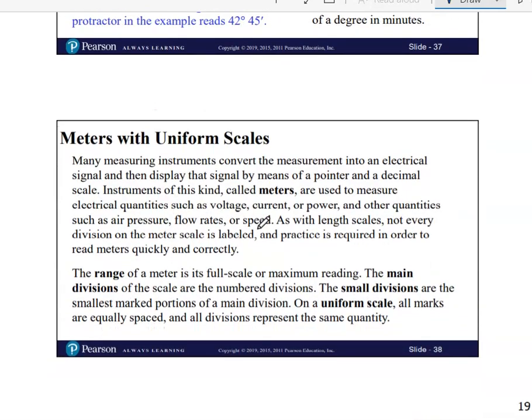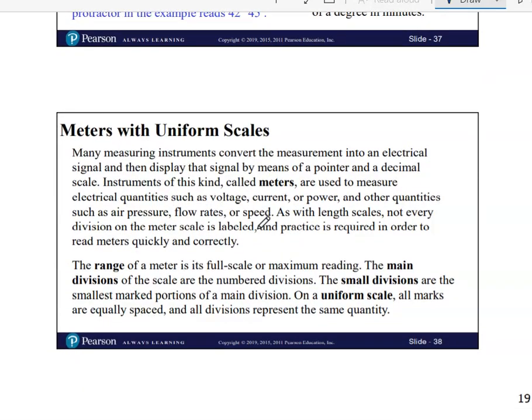Many measuring instruments convert the measurement into an electrical signal and then display the signal by means of a pointer and a decimal scale. Instruments of this kind are called meters. They are used to measure electrical quantities such as voltage, current, or power, and other quantities such as air pressure, flow rates, or speed. As with length scales, not every division on the meter scale is labeled, and practice is required in order to read meters